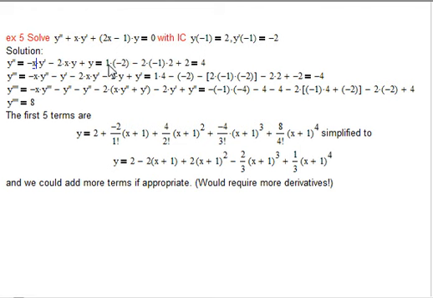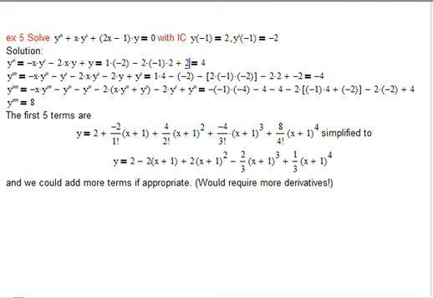So negative x is negative of negative 1, so positive 1, times y prime, which is negative 2, minus 2 times x, but x is negative 1, times y, and y is 2, and then plus y, which is 2. So we got 1 times negative 2 minus 2 times negative 1 times 2 plus 2, and if you do all the arithmetic on this, that comes out to be